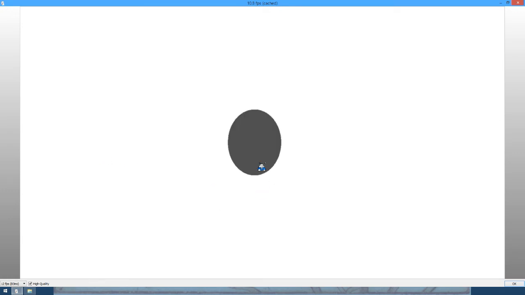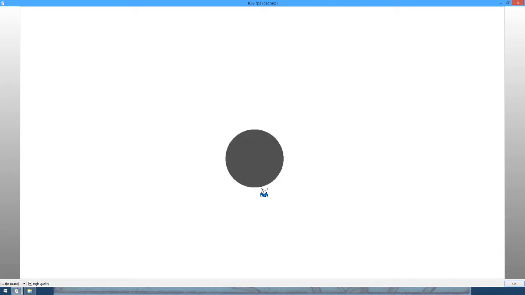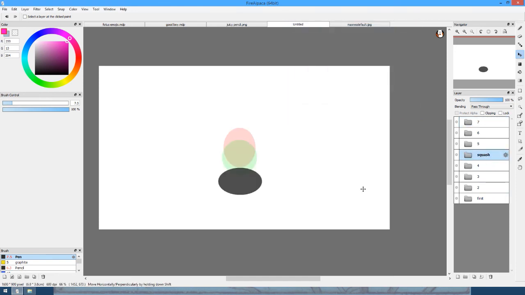Squash happens so slightly, you barely even see it. Sometimes if your squash and stretch is too drastic, it can be a bit jarring. It looks almost like it disappeared for a second there. There's a temptation to put more than one squash frame, but if you do that, it definitely starts to look a bit off. I only really have one frame here where the ball is actually touching the ground, so it's